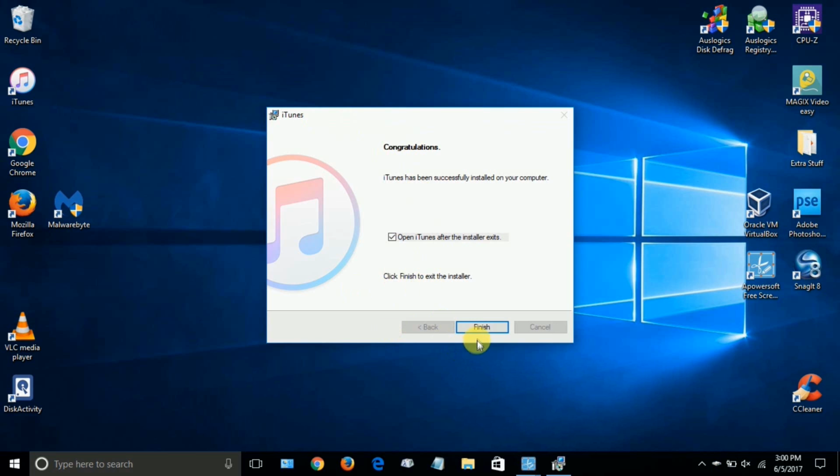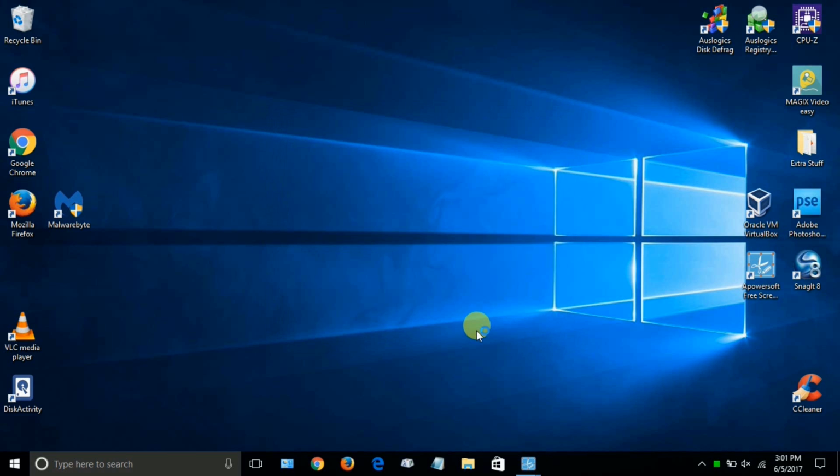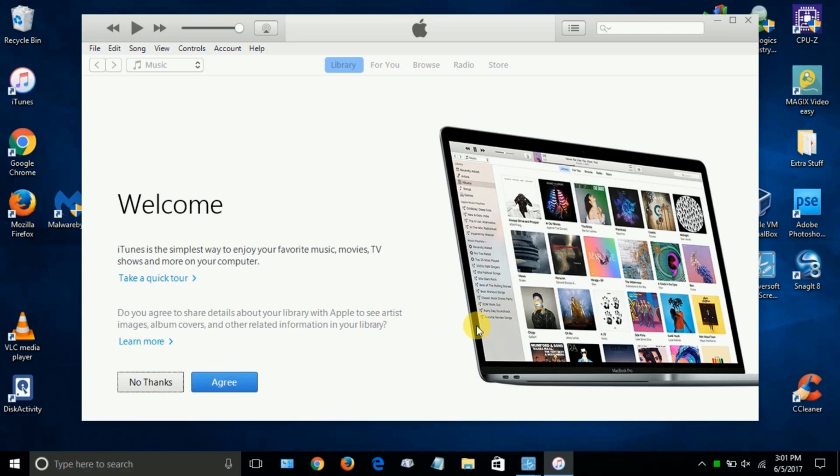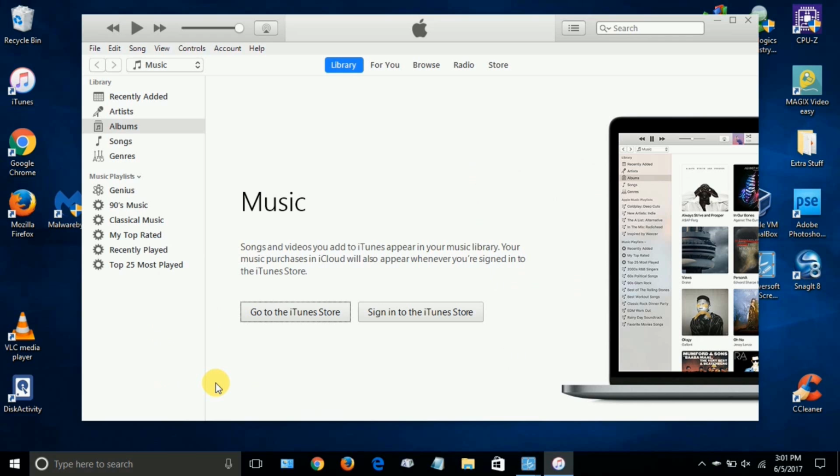Okay, let me click on finish, and that opens up the first welcome screen of iTunes on Windows 10, the latest version of iTunes, as well as the latest version of Windows 10, by the way, the Creators Update. And you can go ahead and read through this if you like and learn more. However, you can say no thanks or agree. I suggest clicking on agree, and now you have the full utilization of iTunes on Windows 10,